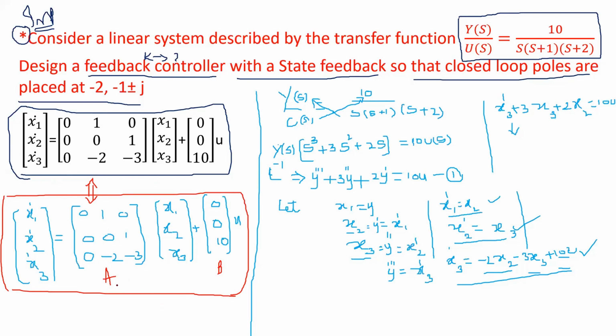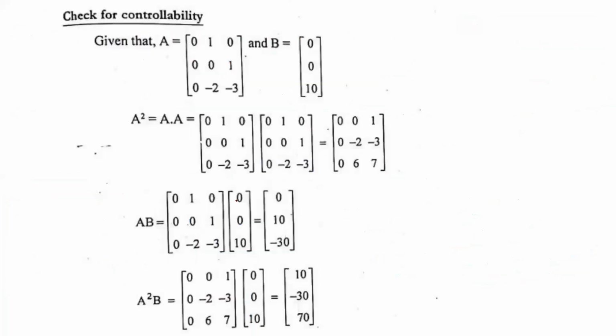Okay. So after calculation of matrix A and matrix B, it is very easy to design a state feedback controller. Let us see how in the next slide. Coming to this, due to a lot of mathematical equations, I'm going to explain the solution only. Please follow this. So what is the first step we need to do? We need to check the controllability of the given system. That is the first step to design any state feedback controller.